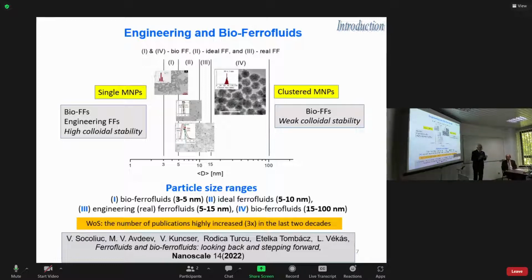These are the solid physical sizes. In real ferrofluids, which are used all over the world in engineering applications, this is a little bit larger, from 5 to 15 nanometers. And what we call bioferrofluids are really the outcome of the last 2 decades,